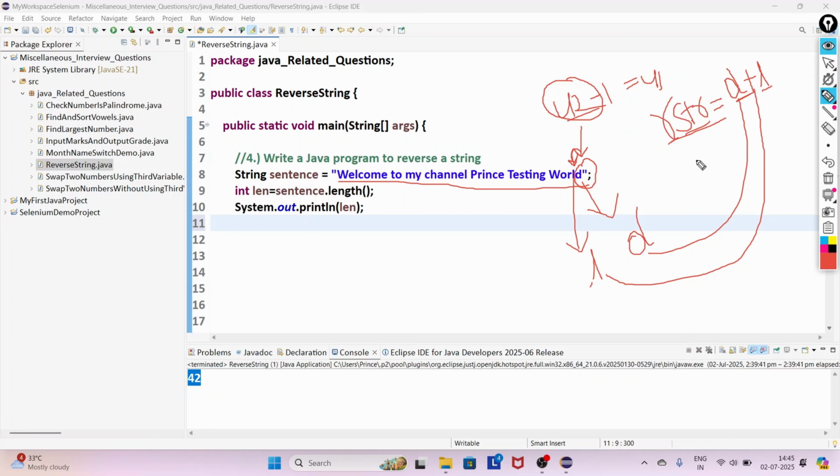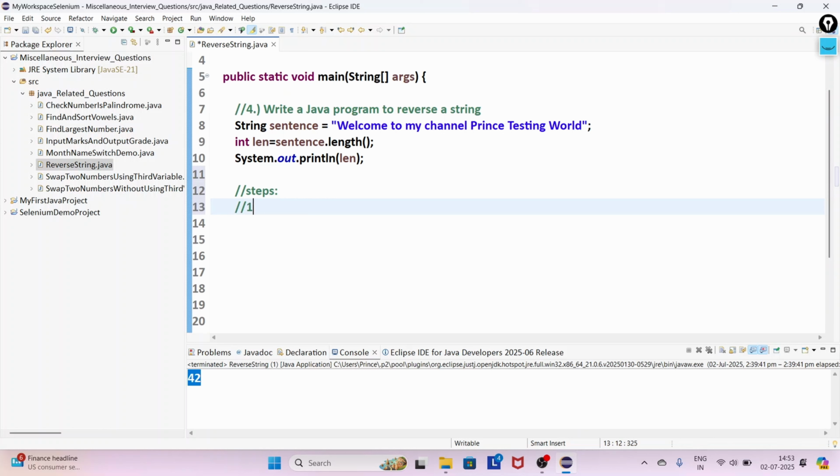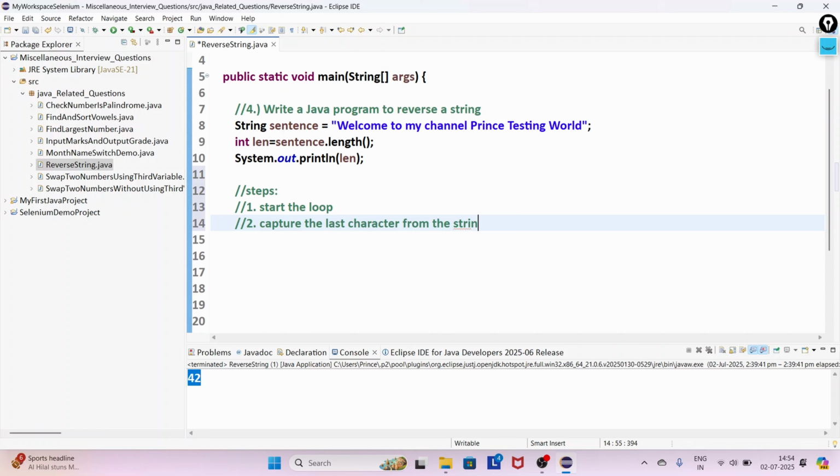Let me put it into steps. Let me write it here. The first step will be: start the loop. Second step: capture the last character from the string. Third step: we want to put this character into one string.